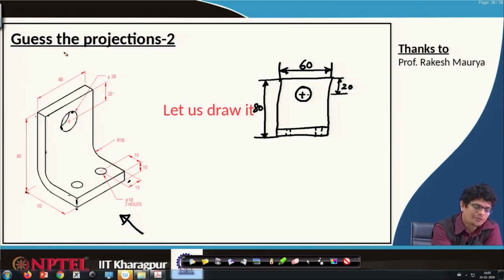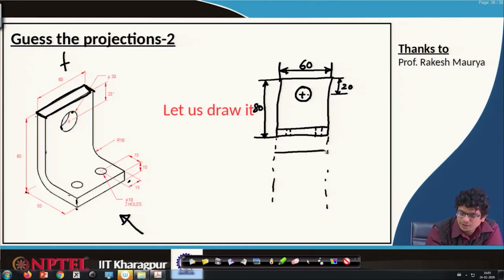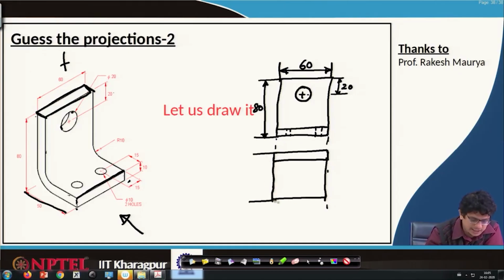Let us look at it from the top view. If you are looking at the top view, these lines are bounded. So, it is supposed to be bounded by these lines. On top view, we will definitely be seeing this small rectangle. So, that small rectangle will always be there. All these things are projected, again it goes all the way there. So, from top view, 50 dimensions we will see a rectangle, because this distance to this distance is 50. So, up to 50 we will see this kind of thing, and we will be in a position to